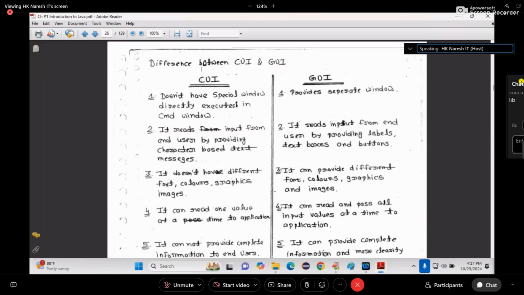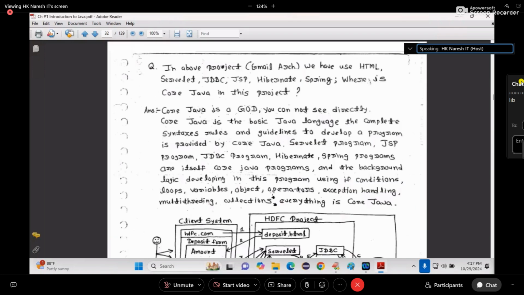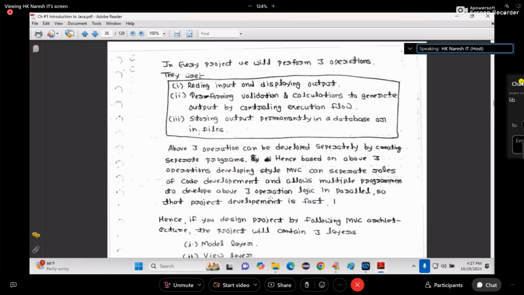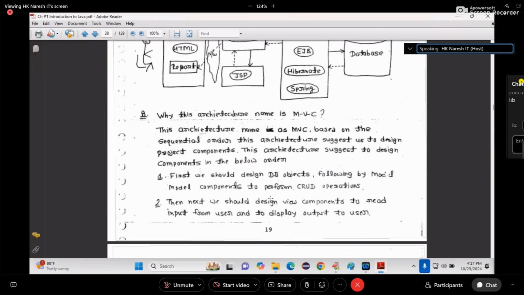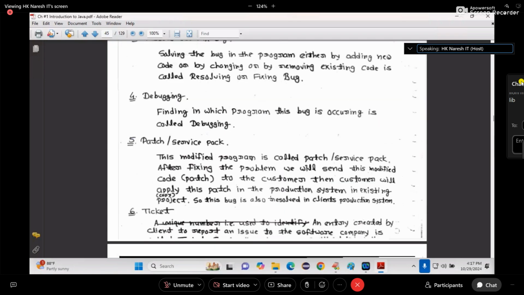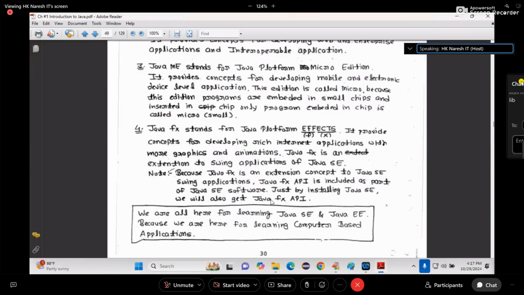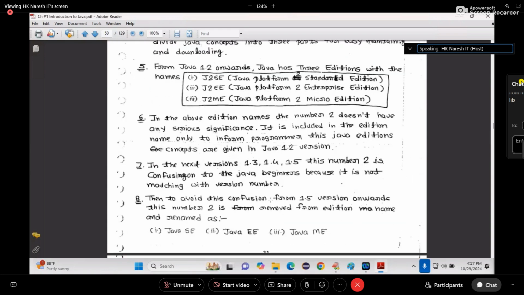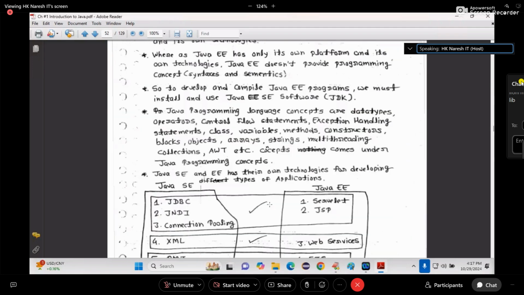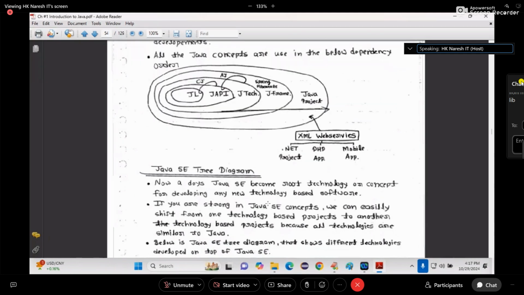For this one week of classes, every day you must learn by heart what I am explaining in the class. By heart, by heart and by heart. Each and every word and sentence you are writing in the notes, you must remember. Next day you must reproduce it in the class. I will ask you personally, today, tomorrow onwards. I will ask each and every student, no boys, no girls, no 33% reservation. I'll ask everyone individually. So you must learn by heart and then come to the class.